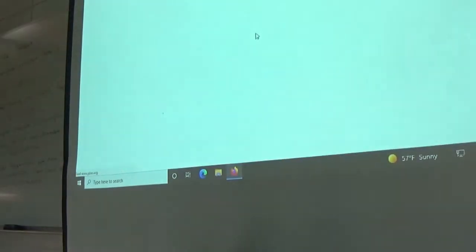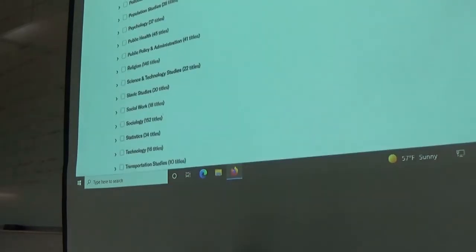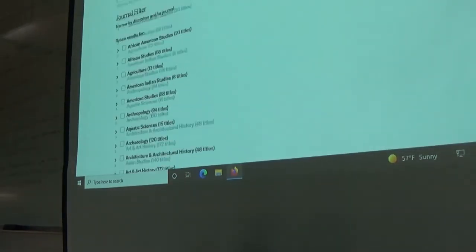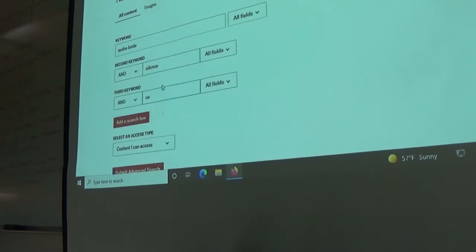And we submit our advanced search. We could not complete your search because it is too long. Try reducing the size of your query or using advanced. Okay. So we go back. Does that mean too long? Yeah, I think what I probably did was I selected too many different kinds of journal.